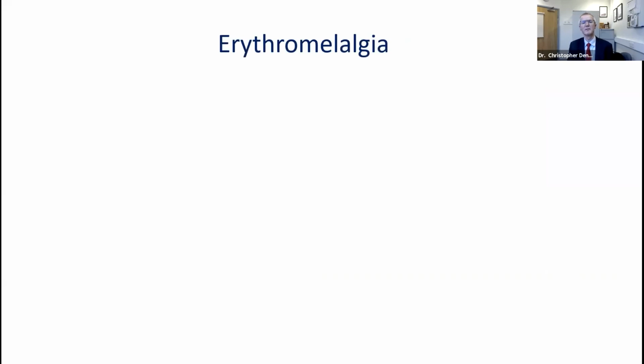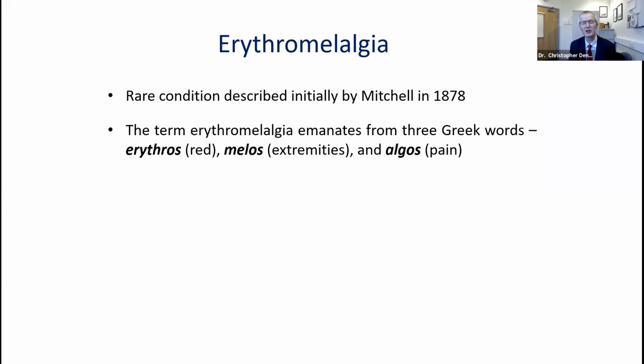And I just wanted to finish with a condition that we see as an overlapping condition with Raynaud's phenomenon, and that is erythromelalgia. So erythromelalgia is a very challenging medical condition that was first described by a North American physician in 1878, and this was Mitchell. So he was a physician, and in fact, he'd already described various forms of complex regional pain syndrome. He was, if anything, more of a neurologist than a rheumatologist,